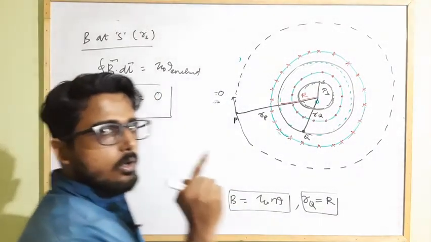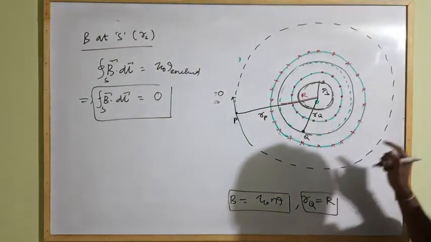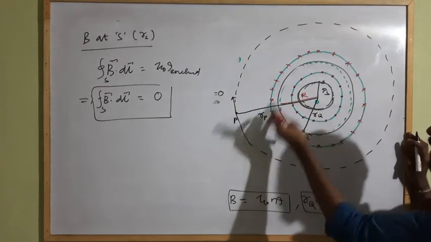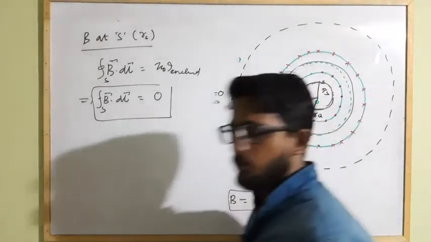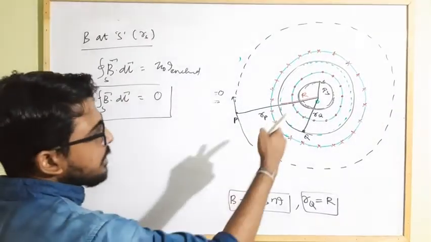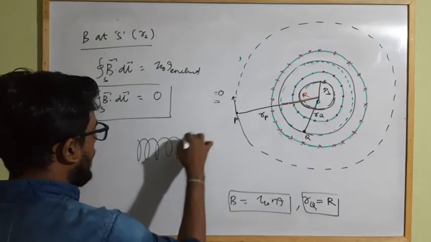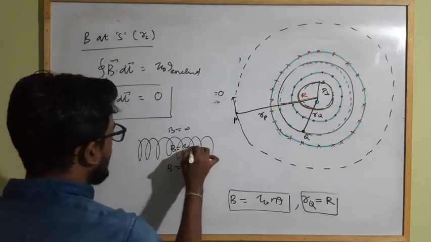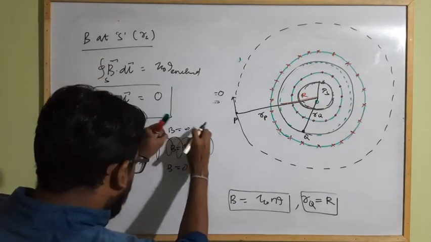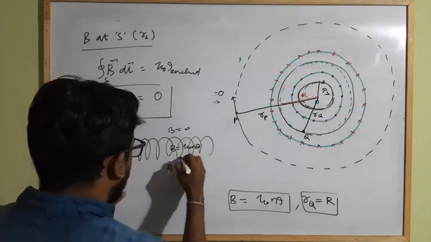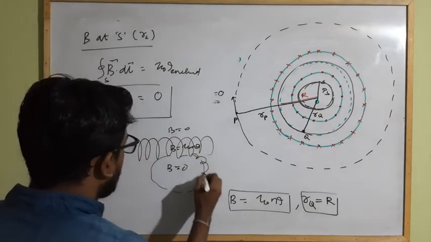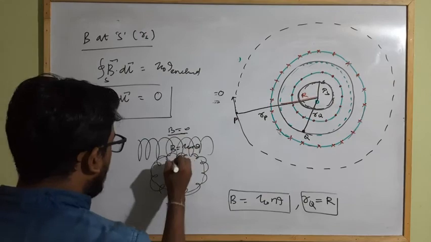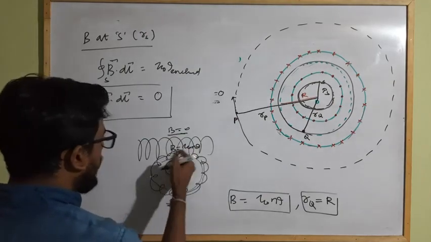So due to a toroid, the magnetic field strength will exist within the tore of the toroid. That will be equal to mu naught n I. But outside the toroid and inside the toroid, it will be 0. Clear? So same as that of a solenoid. If this is a solenoid, here the magnetic field is 0, here the magnetic field is 0, but here the magnetic field exists, which is equal to mu naught n I. Now I am bending this solenoid into a circle. Then it will become what? If I bend this like a circle, then it will become a toroid. And same as the toroid, the magnetic field at this position will be 0 and within this position will be 0, but inside the toroid it will be mu naught n I.